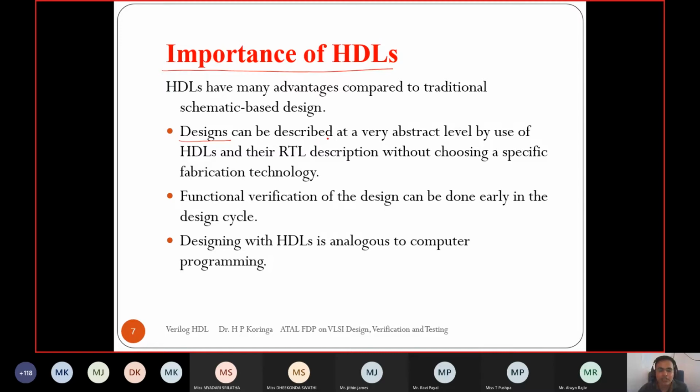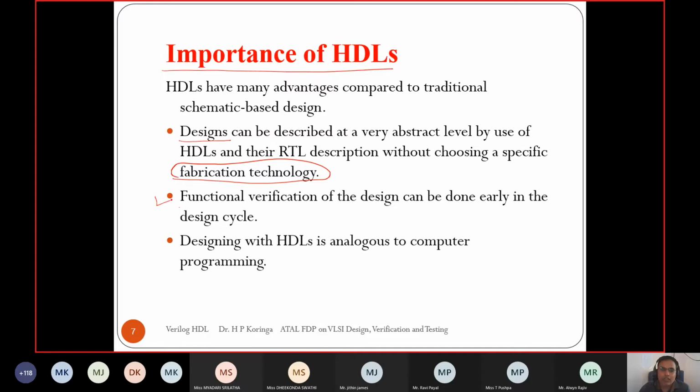When the first step is to convert the architecture into a language, we do not need to bother about which fabrication technology is going to implement this design. Irrespective of fabrication technology we can design, and later on we can use any technology to implement this design, right?